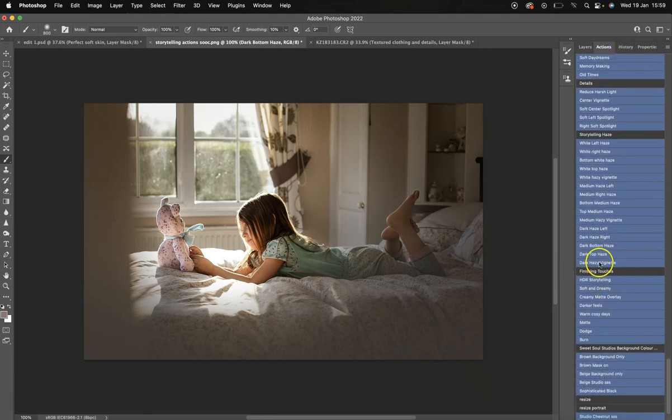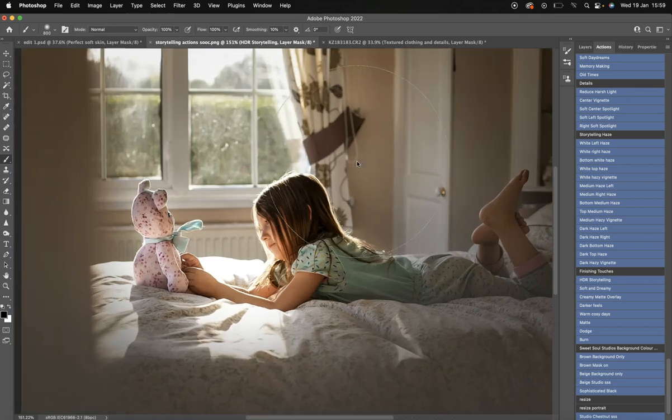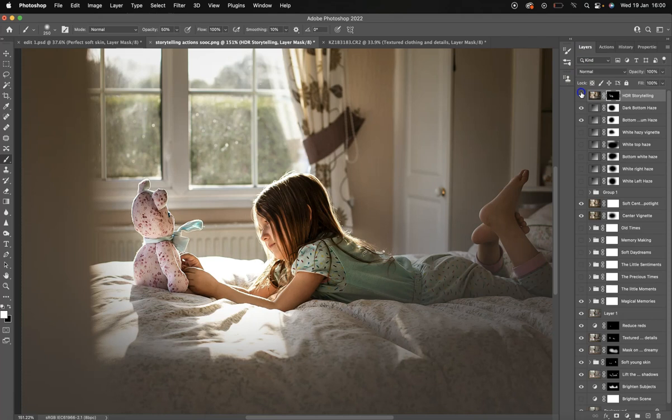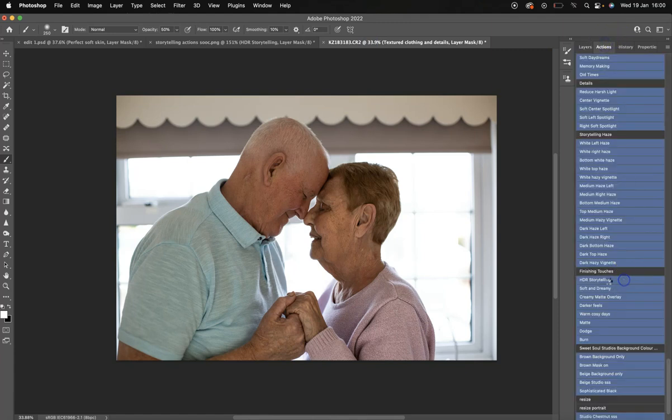And now we've got the finishing touches. So we've got HD storytelling. So I'm going to click that. And for this image, I wouldn't use it necessarily, but I'm going to show it you anyway. So you can just mask this on and it will bring lots of clarity and richness to the image, if I click over here and use it on this one,